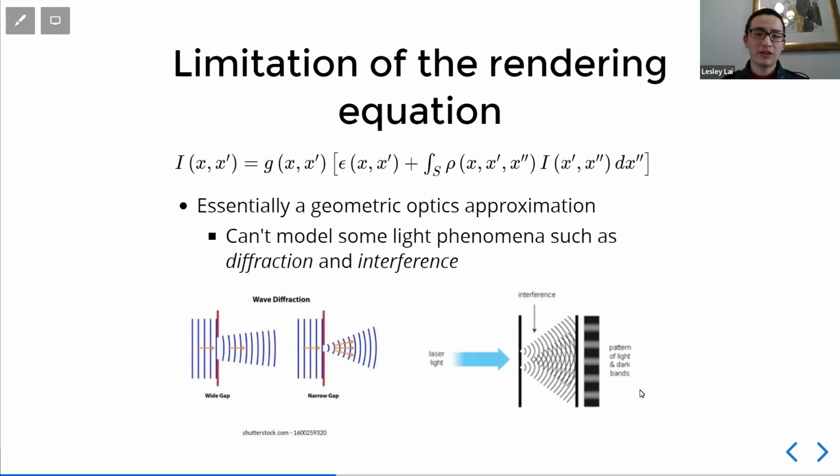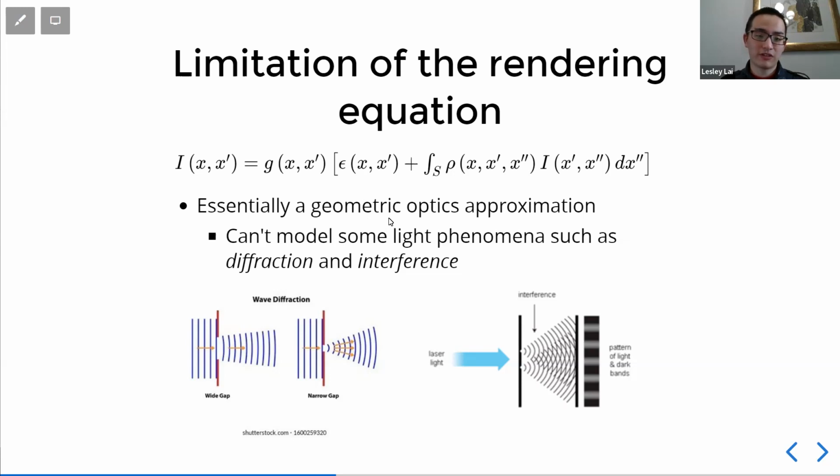First, the rendering equation is essentially a geometric optics optimization. We just consider those 2 points, we draw a line between them. So in this rendering equation, we still consider light as a ray. But in reality, if you know a little bit of modern physics, then you know this thing called particle-wave dualism, and we really need to get into this level of particles and waves if we want to model certain